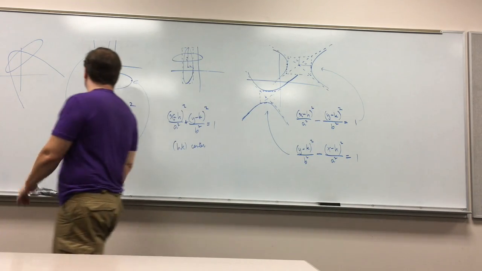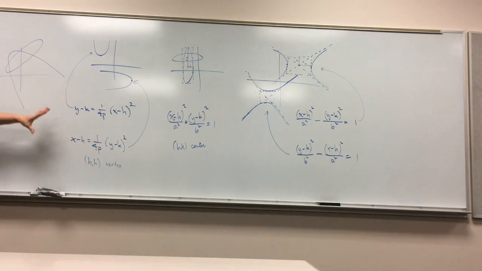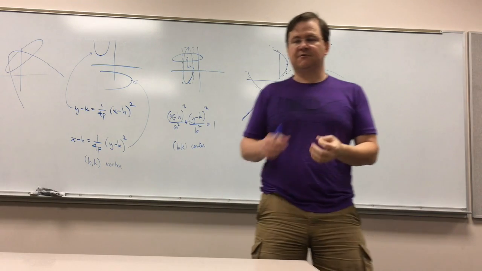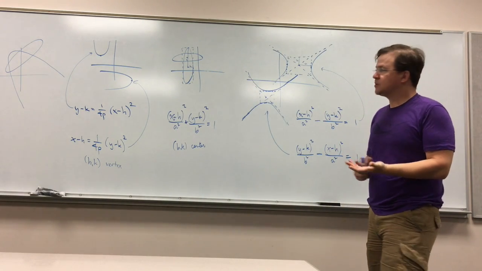Anyway, we have our hands plenty full just wrestling with this, because there's a lot of ideas coming together here. And the final thing I want to go into, which I didn't go into last week, is understanding the idea of the focus and the directrix. Another way of looking at these things, different from thinking of a cone, is you can talk about the focus and the directrix. Every single one of these conic sections has a focus and a directrix. So for example,